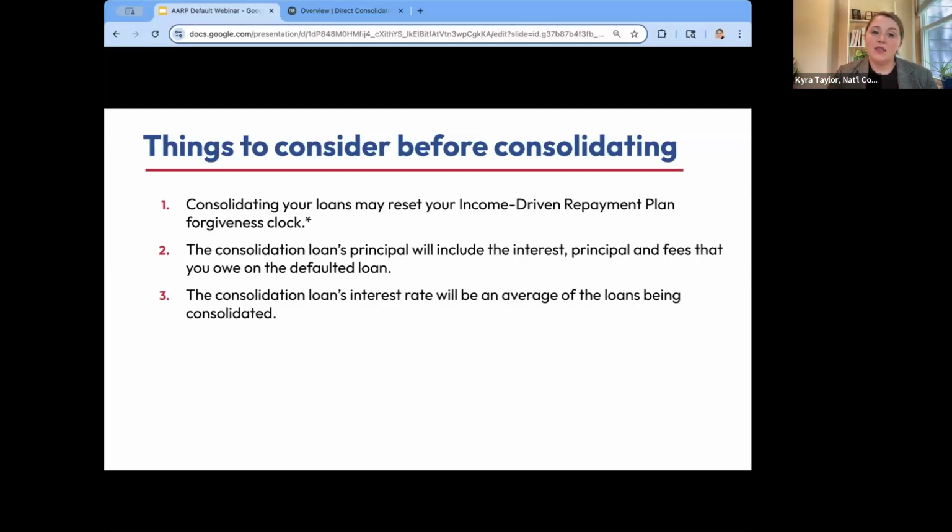And then last, the consolidation loan's interest rate is an average of the loans being consolidated as well. So these are three factors to think about. Again, if at the end of this presentation you say, I don't know which option I want, you can always seek out legal help from a legal aid organization or a private attorney that works on student loan issues.